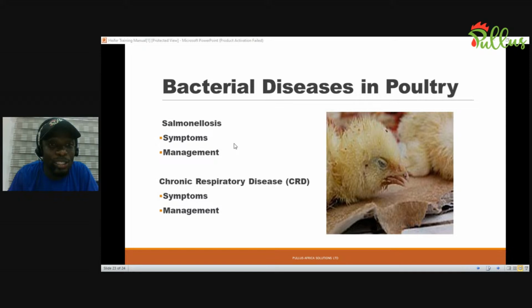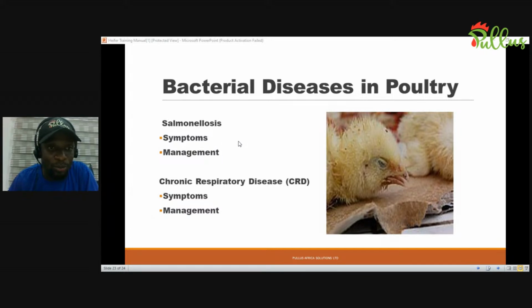Doxycycline is also a very good antibiotic of good quality, because sometimes I notice our farmers, when they have problems like this, prefer to look for antibiotics that are very cheap, and then when they use it, they do not get the required results. So when you have problems like this, please try as much as possible to get a very good drug, and also buy it from a reliable drug vendor. So you give them antibiotic treatment for 5 days. This will also reduce the bacterial pressure, and can help you to treat this problem appropriately.